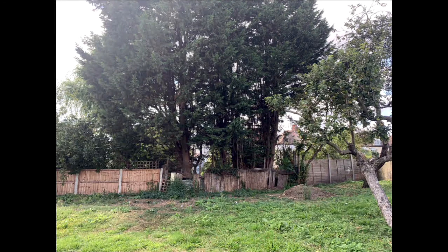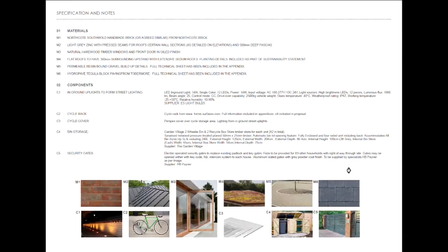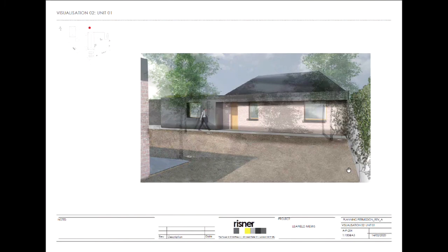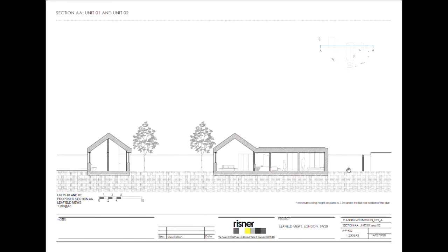Yes, you said, Mr. Lewis, that the larger of the two bungalows has a maximum height of 4.5 metres, 2.7 metres to the eaves. The smaller unit, can you give me the dimensions of, or the height really of that? I haven't found it, I'm afraid. Chair, from the images which I've combed through on this, and if you look at this, we've got